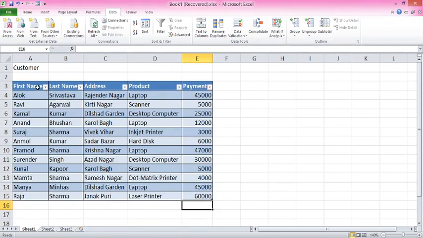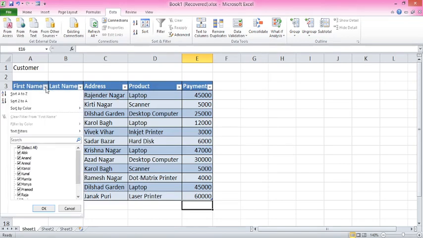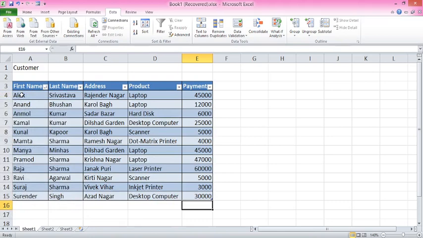If I want all the customers to be arranged in alphabetical order from A to Z, then I will be selecting this first name drop down menu here. And I want all the customers arranged from A to Z, so I am tapping this option, and now you can check that all the customers have been arranged alphabetically.